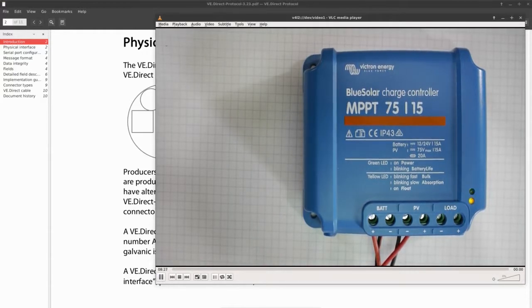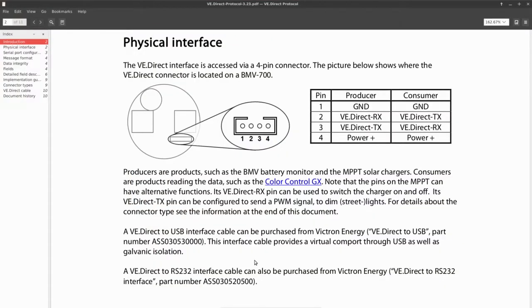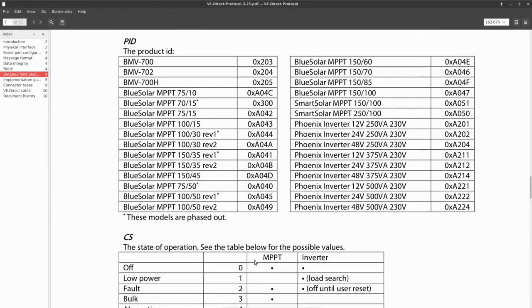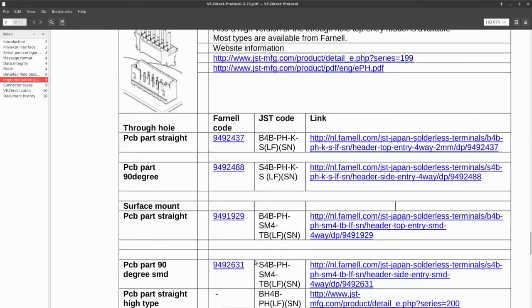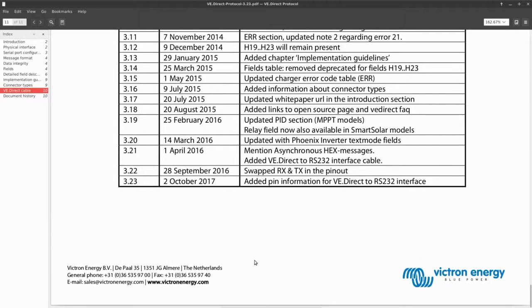I think it says that in the document there. If you go down through all the protocol information, it indicates that it's a JST PH 4-pin connector. Now I could have actually gone and got that connector, but I bought